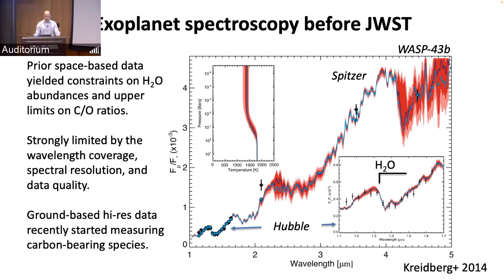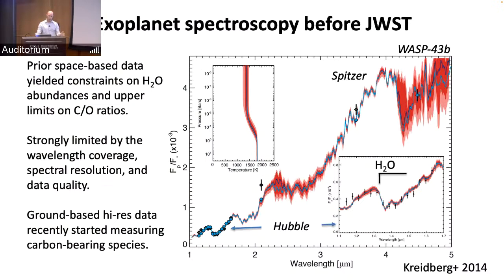This is a similar slide to the one he showed, but now looking at the thermal emission of a transiting planet. Before, with WFC3 and Hubble, we basically had access to one spectral feature from water. We had some spectrophotometry points that allowed us to say something about the carbon-bearing species, but we had no spectroscopy longward of about 1.7 micron that could really allow us to see the chemical compositions of these planets' atmospheres. When you just have one spectral feature due to water, you can try to put an abundance constraint on the water and use that as a proxy for the metallicity. You can put an upper limit on the C-to-O ratio, but you really can't reveal the full interesting chemistry of